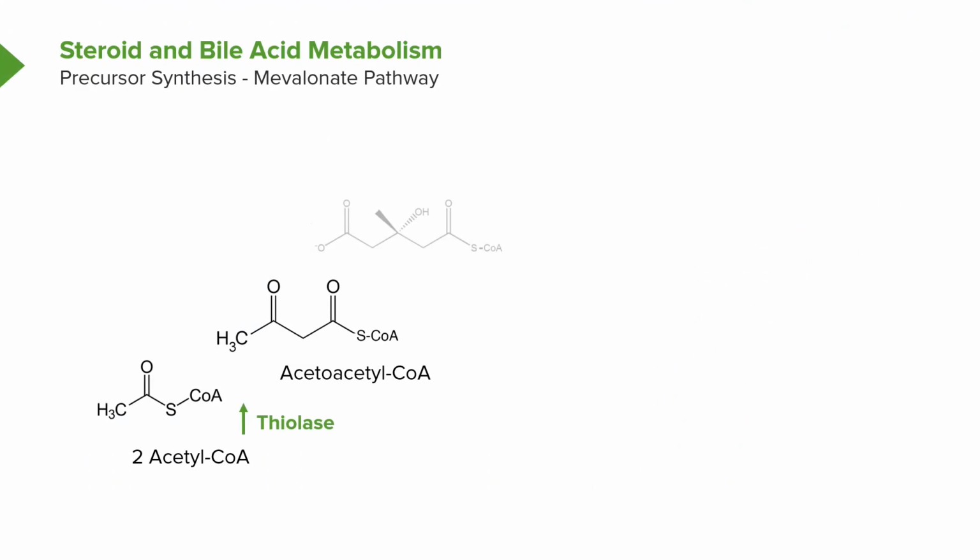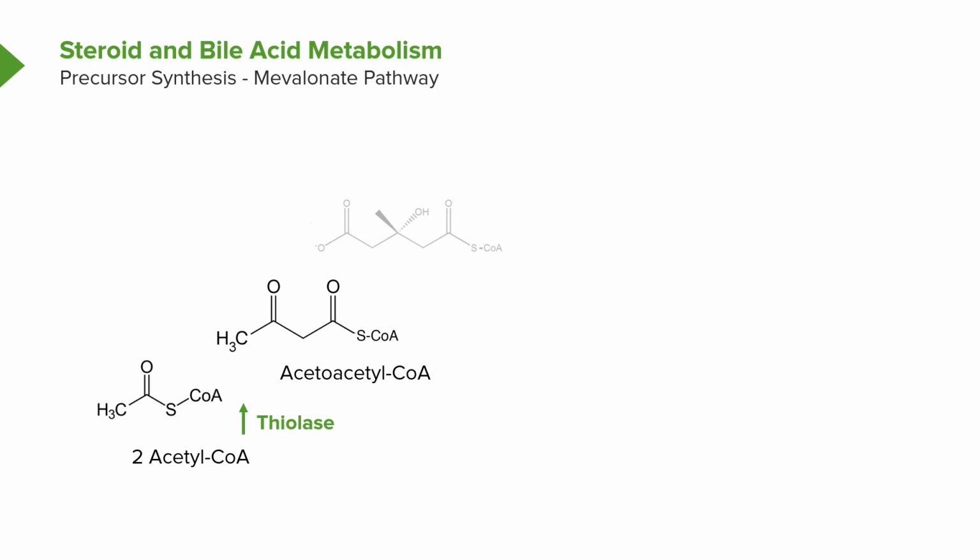So, in the synthesis of ketone bodies and cholesterol, two acetyl-CoAs are joined together to make a 4-carbon molecule called acetoacetyl-CoA. This reaction is catalyzed by the reversal of the last step of beta oxidation of a fatty acid. Now, you may recall from that presentation that the enzyme thiolase catalyzes the breakdown or the cutting off of 2 carbon pieces from each of the fatty acid chains. When the fatty acid chain has 4, there are two molecules of acetyl-CoA that are produced. And if you run that reaction backwards, the 2 molecules of acetyl-CoA can be made into the molecule that you see here,